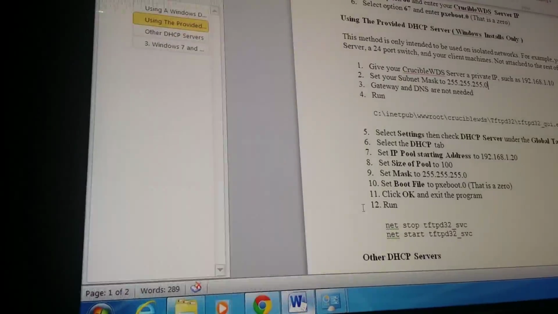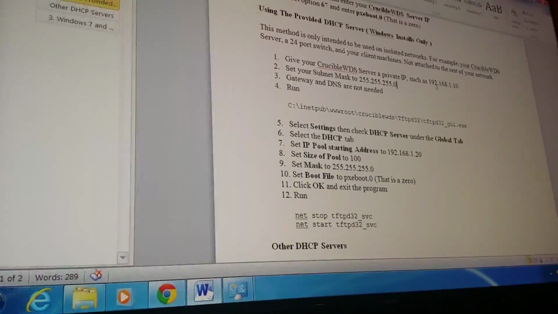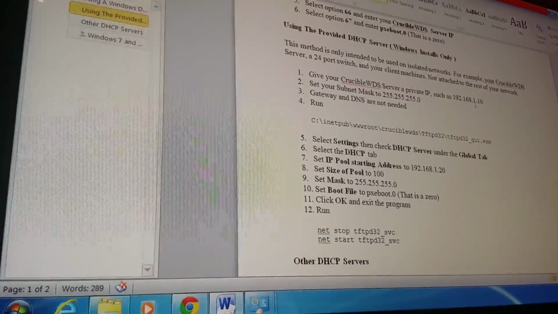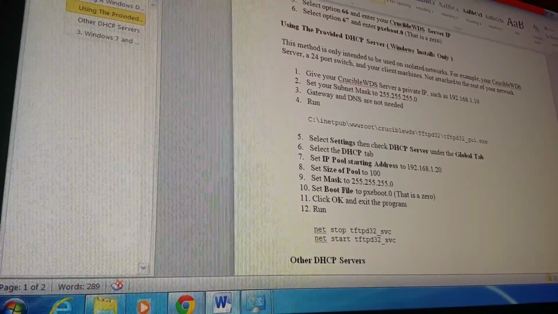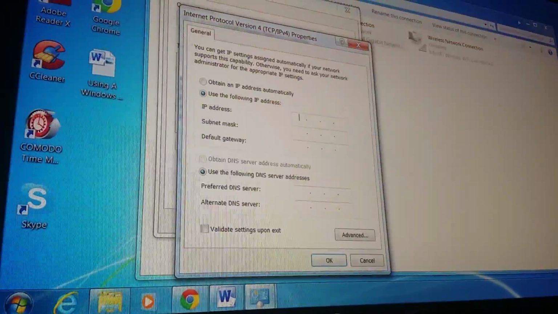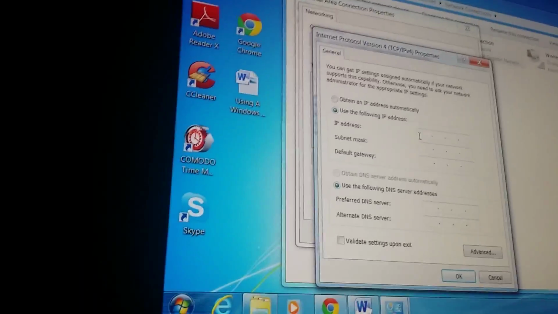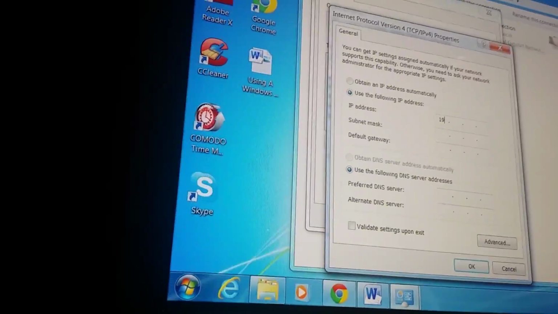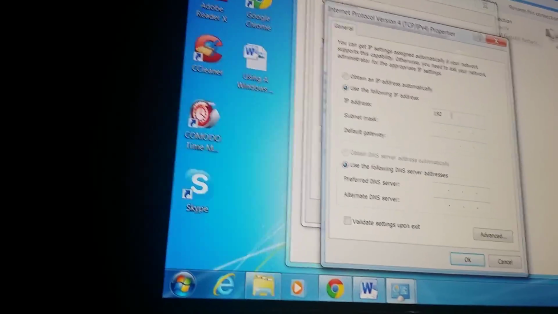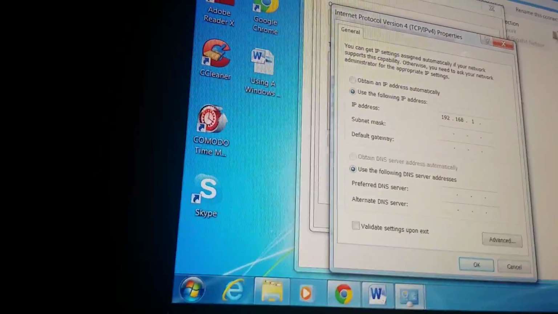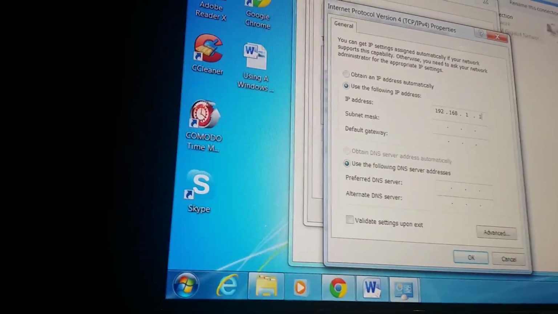So let's go back to the doc. You can give anything you want. I just want to keep everything the same so you guys can follow it from the document. So it's 192.168.1.10. So we're gonna go back in there. 192.168.1.10,